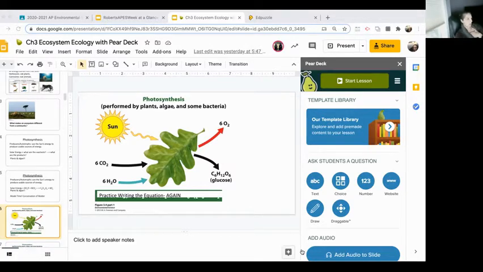So when I show responses, yay, this says that most of you are saying B, which is correct. That's good. It also keeps a record of all this, that way I know who's interacting and engaging their brain and who's not. So then this gets into kind of your different cycles and practicing all of those.